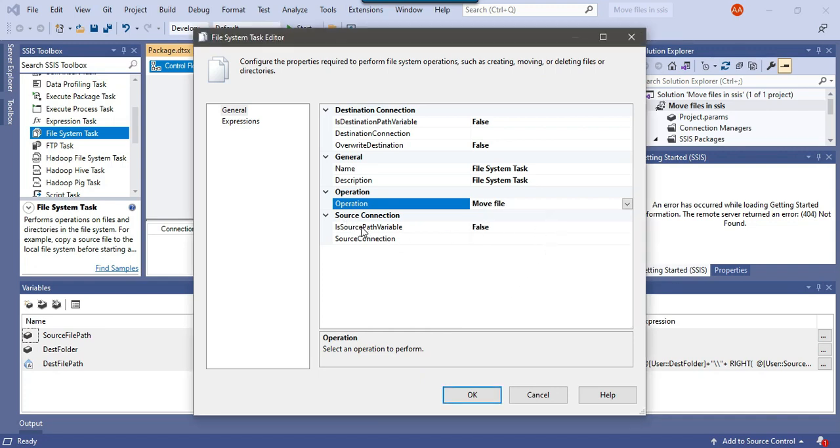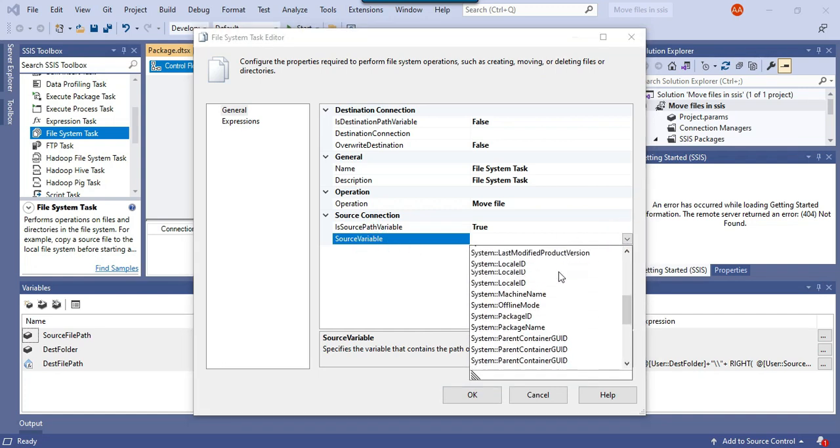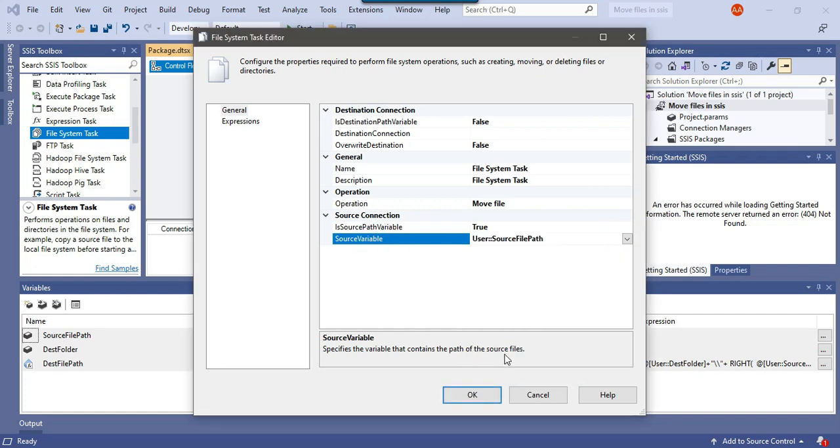Now there are two things that we need to assign: the source file path and the dest file path. In the source connection, it is asking whether the path is contained in an SSIS variable, so we can set it to true, and then we can give the source variable, which is source file path. So I can select source file path here.